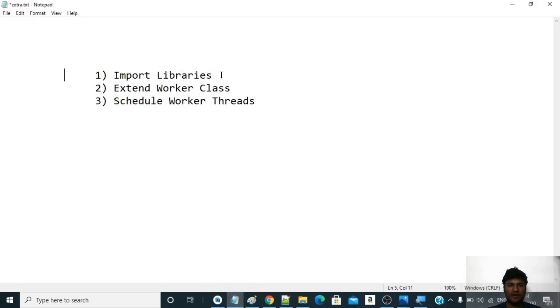So to implement a worker thread, first we will have to import the libraries, and we import the libraries in the Gradle file. So as in Maven, if you have used Maven, Maven is nothing but a repository-like tool which helps you maintain the repository of your application. In the same way, the Gradle file is the place where you can define all the jar files which will